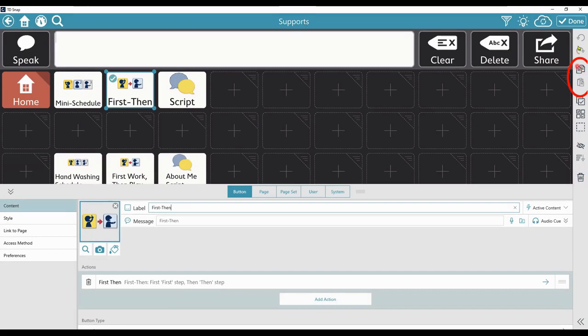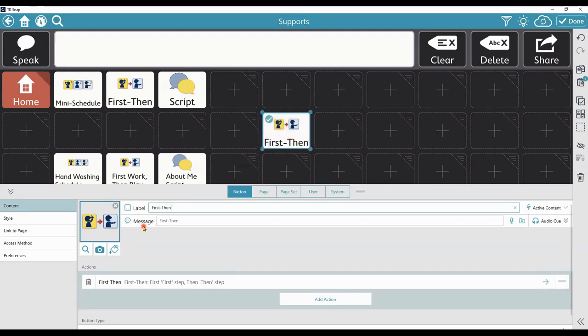My menu editing buttons are on the right-hand side of my screen. These 2 pages indicate copy. So you can see when I select something, it puts a little check mark. I'm going to select the first then. I'm going to select copy, and then you'll see this button below is a paste button, and there's a little number 1 there, meaning I have 1 button that I am pasting. I'm going to push that, and now you can see that it's added it. I can move this button around if I don't want it right next to my master buttons by simply clicking on it and swapping it out with a blank button on the page.